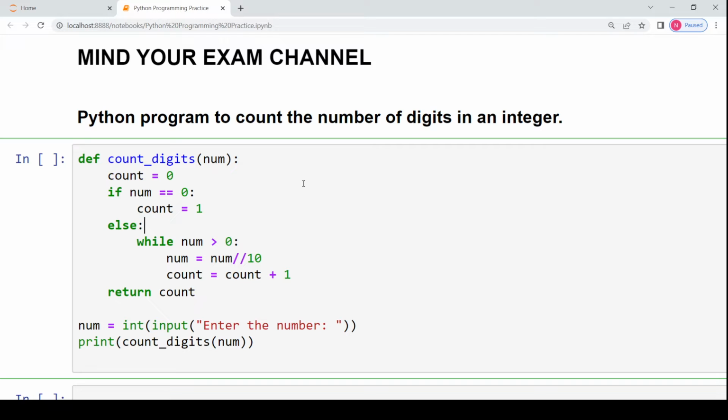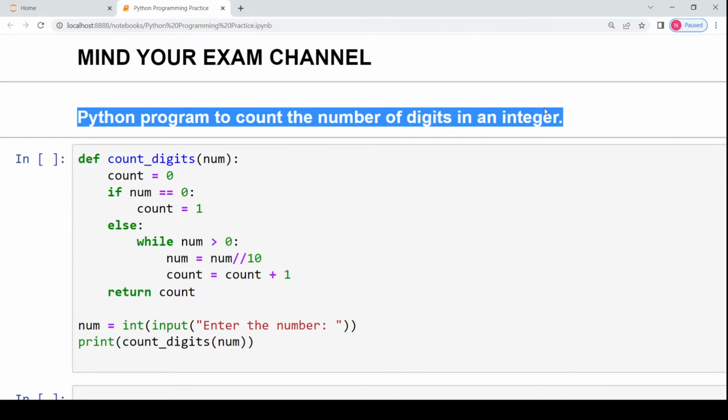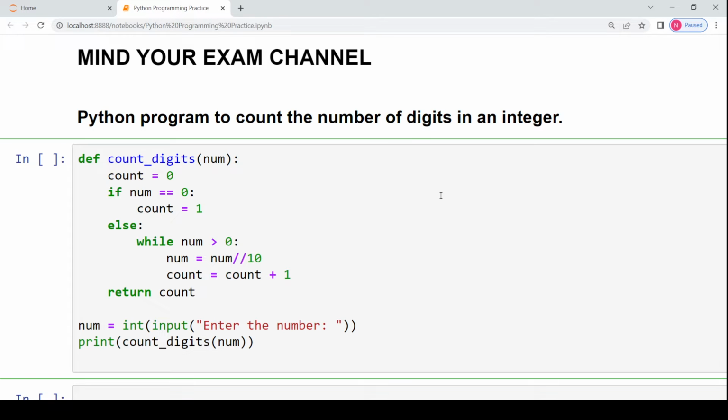So in this video we have to do the Python program to count the number of digits in an integer. So what is the logic behind it? How do we perform it? Let's get started. So whenever you are given a number, mainly an integer, the logic to count the digits is